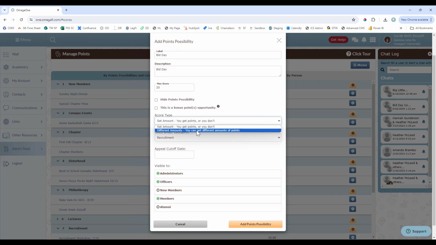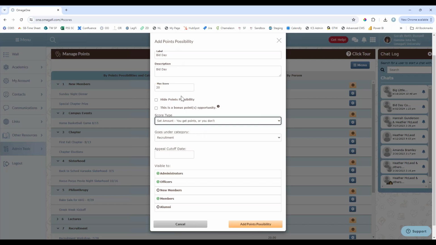So let's say, for example, if this was chapter and they showed up late for chapter and they only get half the amount of points or something like that, you can set that to have different amounts of points. And then that way, whenever you go in to assign them points, you can put in how many points they actually receive. So we'll just set it for you get the points or you don't.